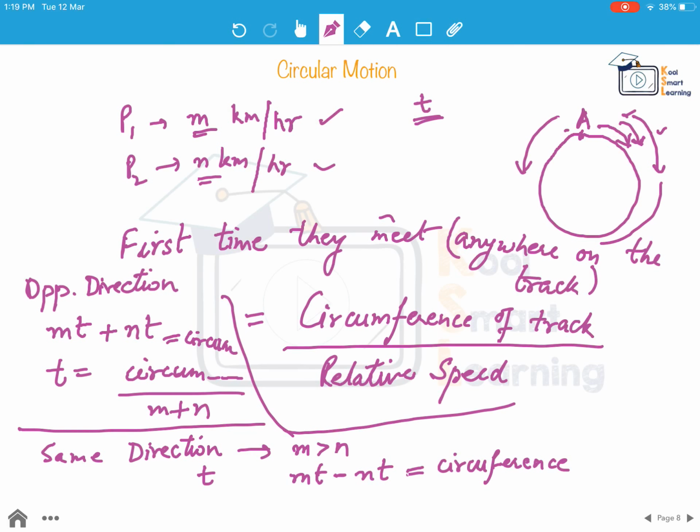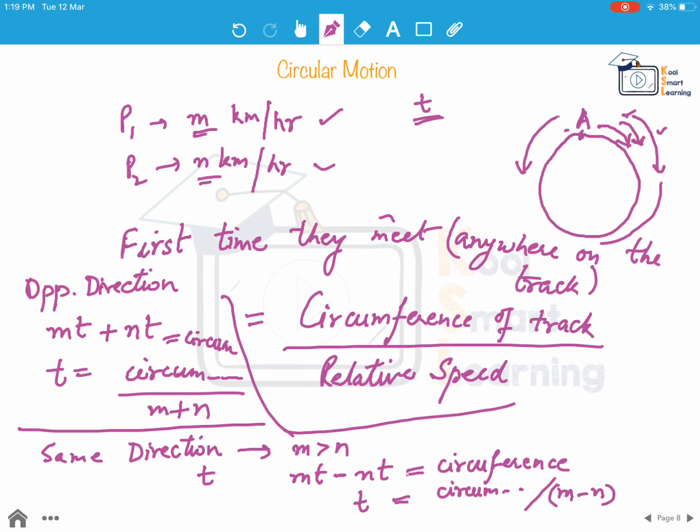So the difference between the two would definitely be the circumference. So t would be equal to circumference divided by m minus n,